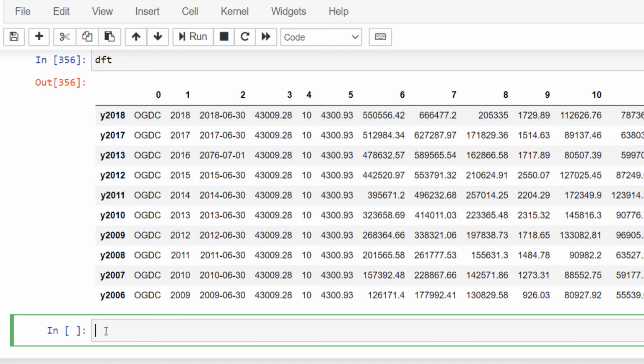And now in the third step, we assign this header which we had extracted in the first step. So DFT dot columns. This is how we redefine the columns and assign the head variable.